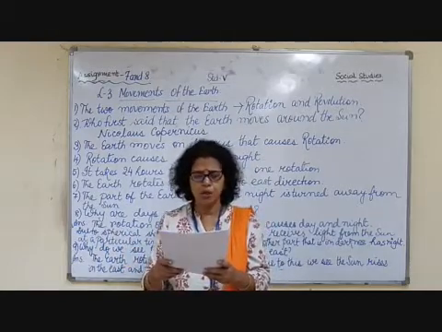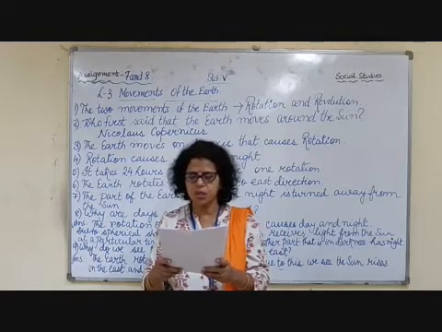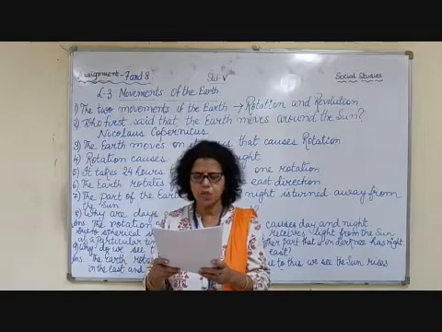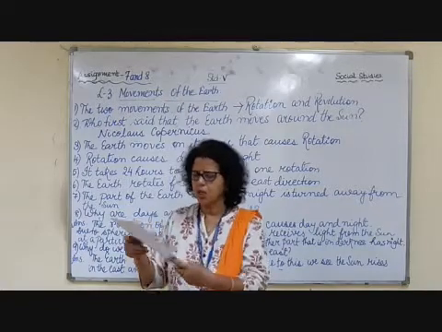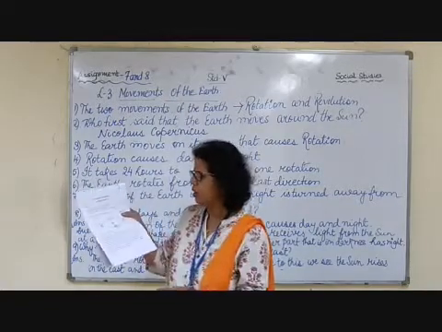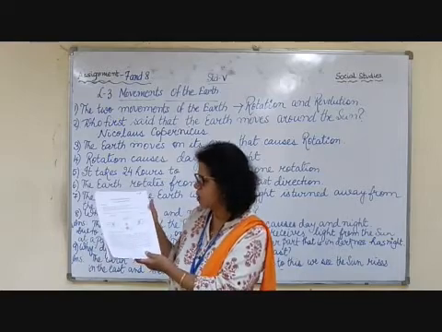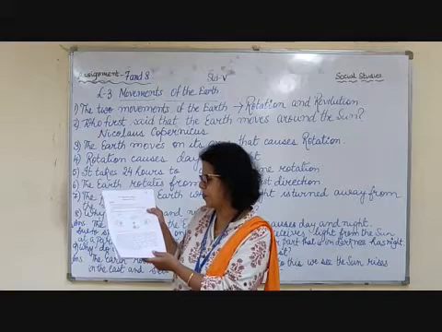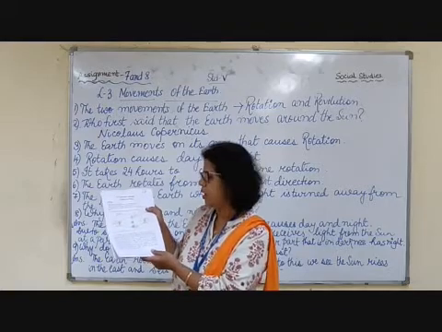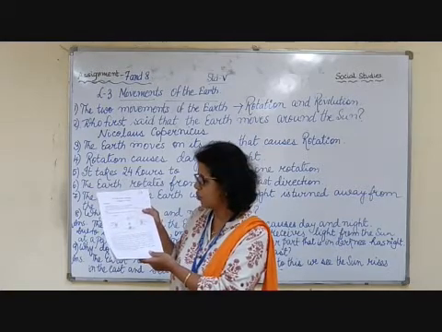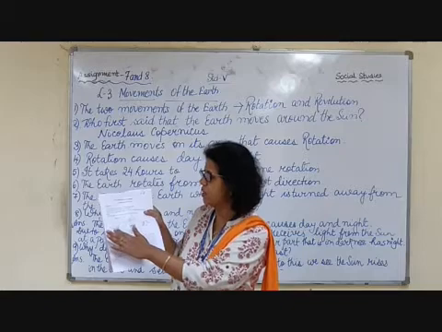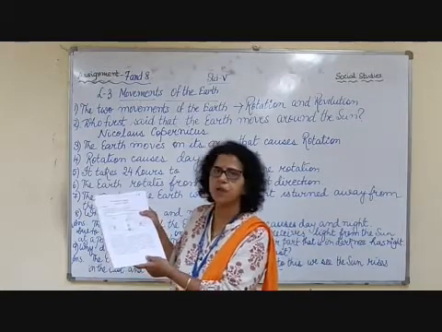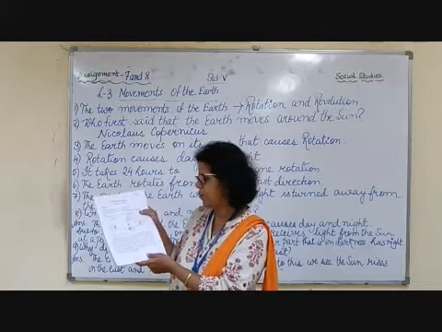The revolution of the earth causes 4 seasons: summer, winter, autumn and spring. When the earth is in the second position, this is your second position, the north pole is tilted towards the sun. The northern hemisphere gets more sunlight, therefore it is summer in the northern hemisphere. During this time, the south pole is tilted away. You can see the south pole is away from the sun, and so the southern hemisphere gets less sunlight, and therefore it is winter